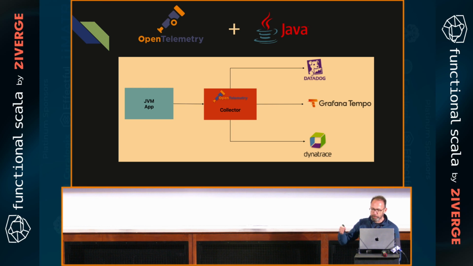So you send the data in the same way to Datadog or to Grafana Tempo, to Dynatrace, to Jaeger, etc. So it's also a good way not to be locked into only one